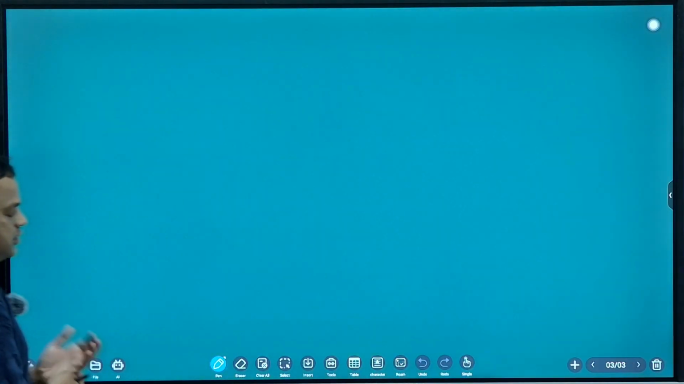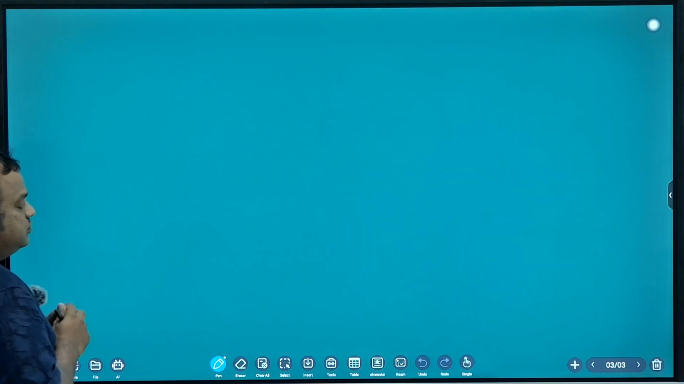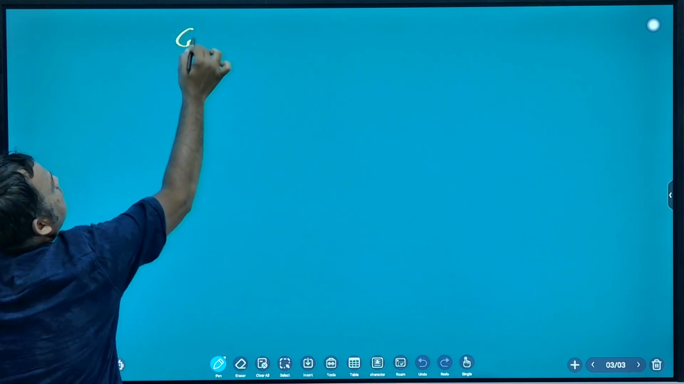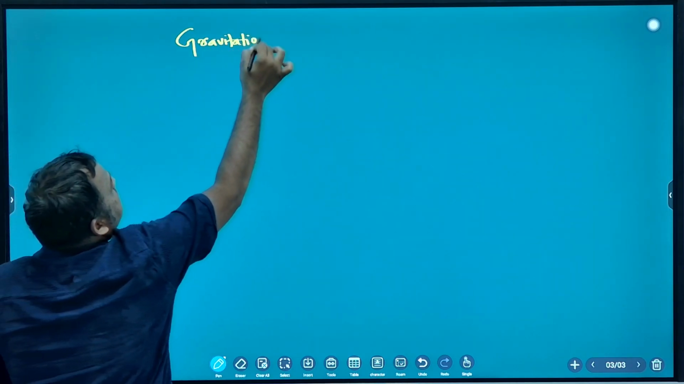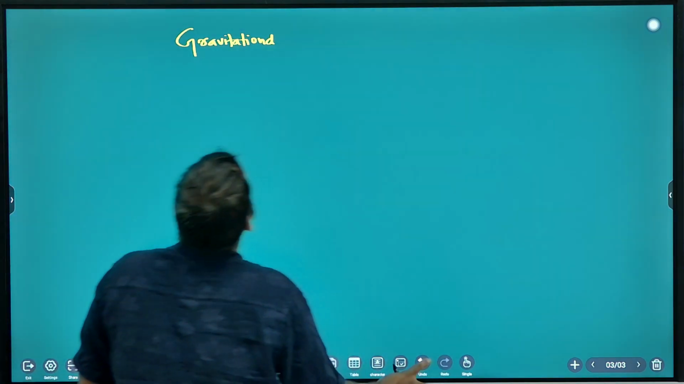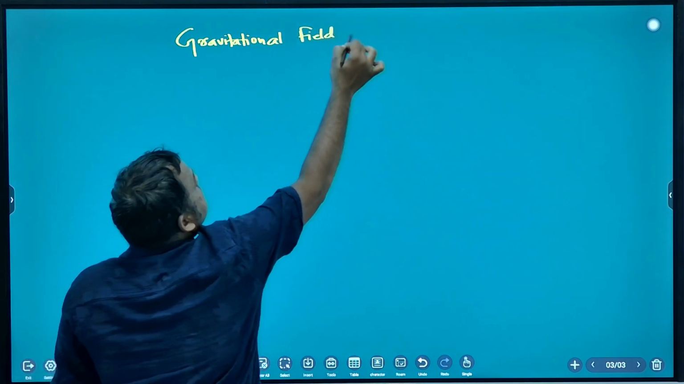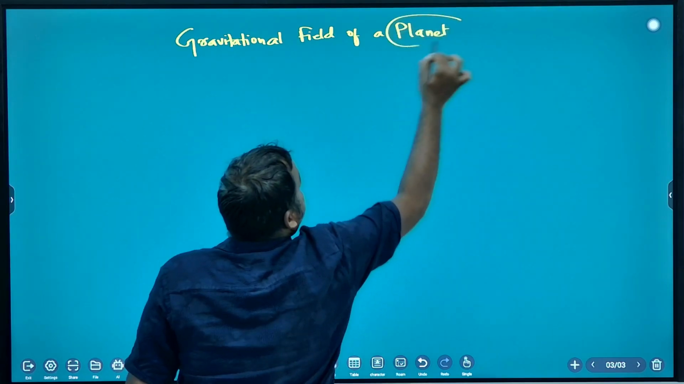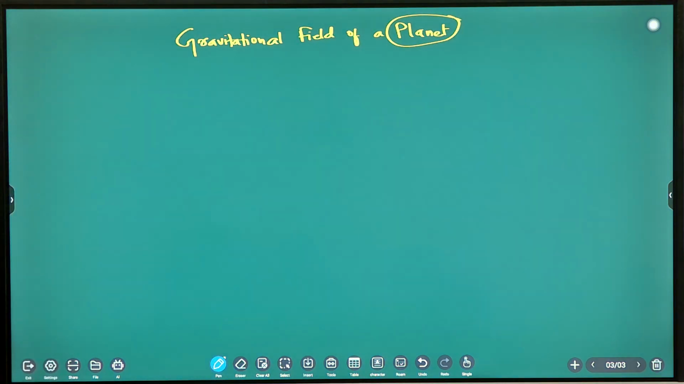So next, note down, gravitational field of a planet. Gravitational field of a planet. Note down. Gravitational field of a planet. Okay, so